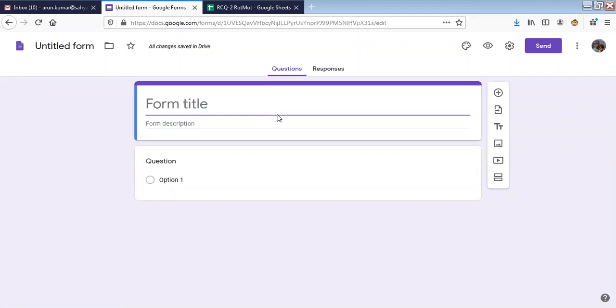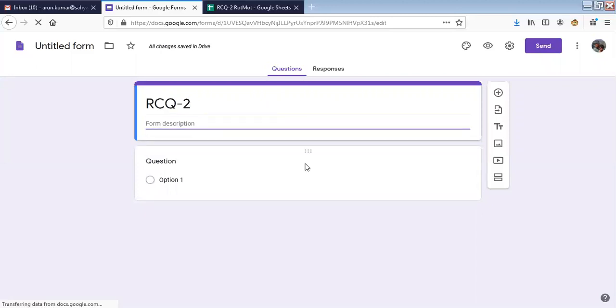Rotational motion. I can call it RCQ2 because I have given one assignment before which was called the RCQ. RCQ stands for review check questions, and this is RCQ2. Form description, I can write